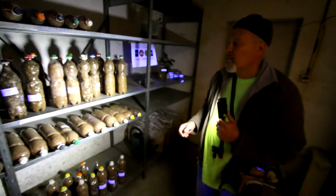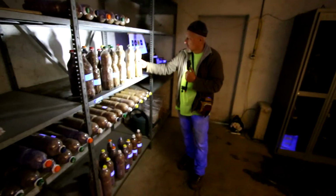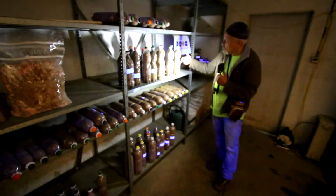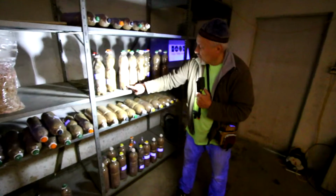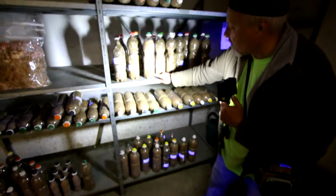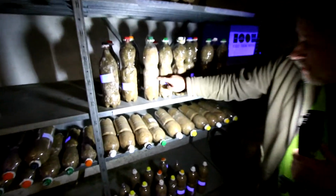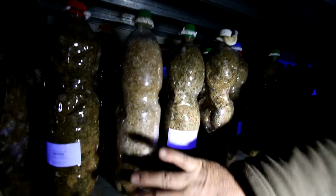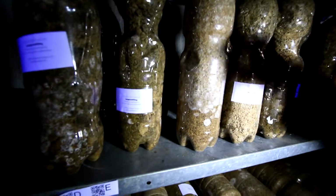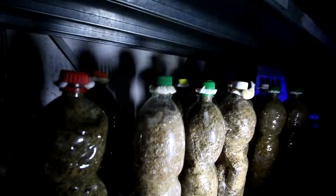This is called mushroom out of the bottle. Why? Because it's really what it says. The mushrooms just come out of this bottle if you wait patiently. You see here the substrate consisting of sawdust and straw. And here is the mycelium of the mushroom growing from up down here till the end of the bottle. And if the mushroom has invaded all of the substrate, the mushroom fruit body starts growing out of the top